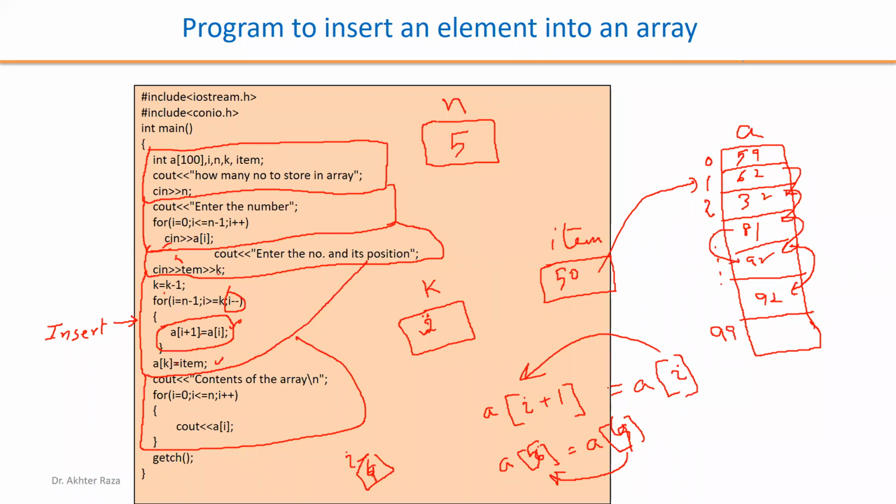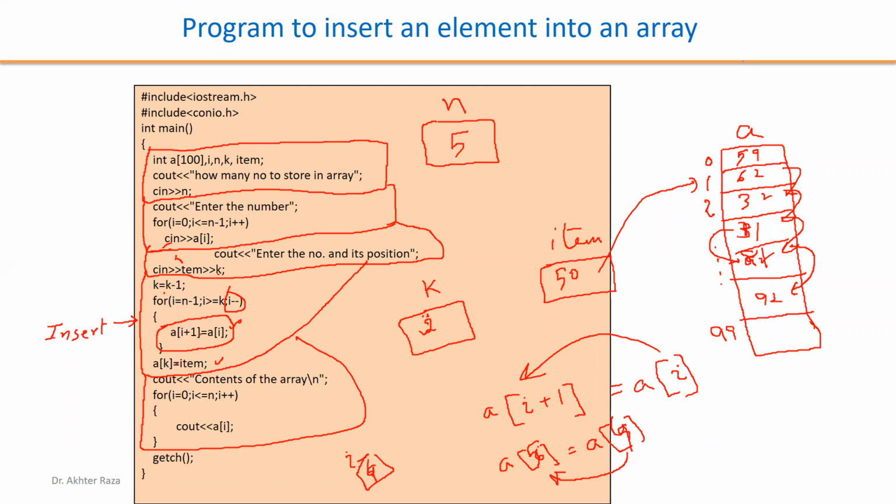If 81 is moved here by this line, because i becomes i minus 1 by this command, if the value of i was 5, now it will become 4. If it is 4, then I have 4 here and 4 plus 1, 5, here. The fourth data will be moved to the fifth position. 81 will be moved and the overwriting will be done. Now we have 2 times 81 because this data is there and I have copied this data to the new location. Then 32 will be moved here.